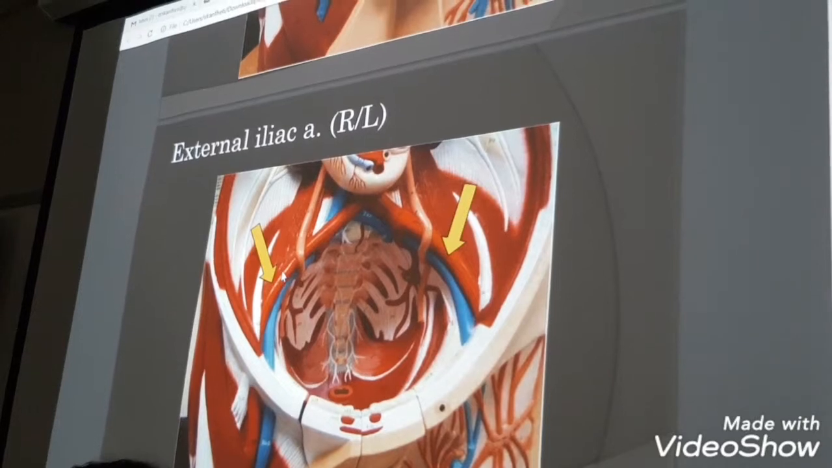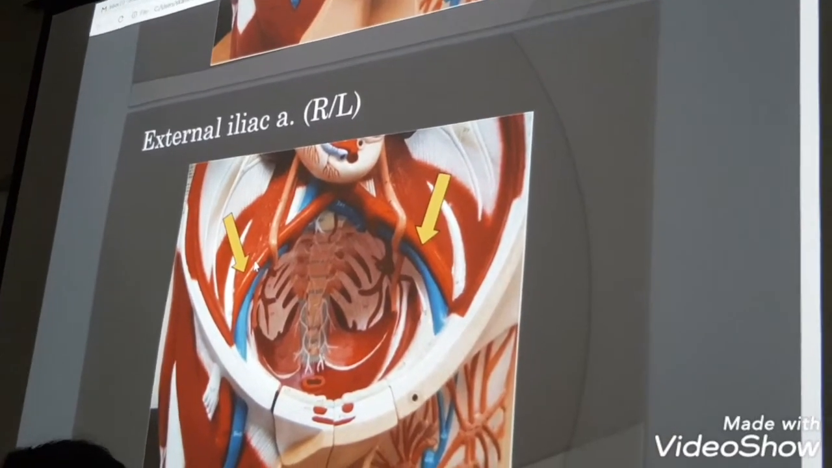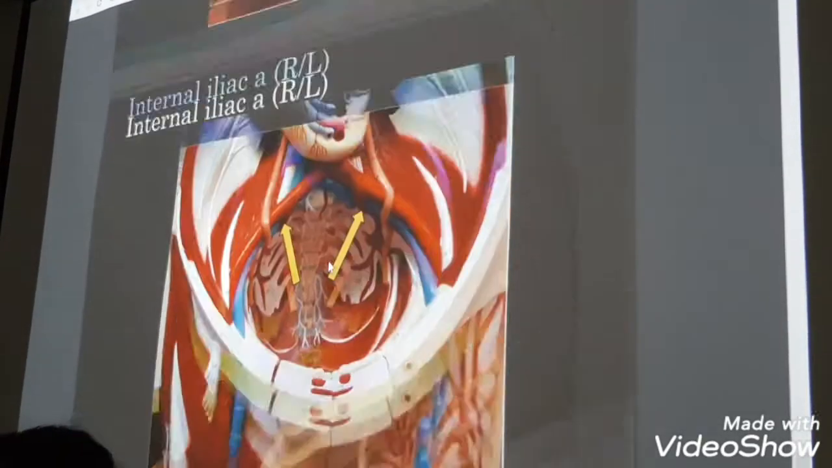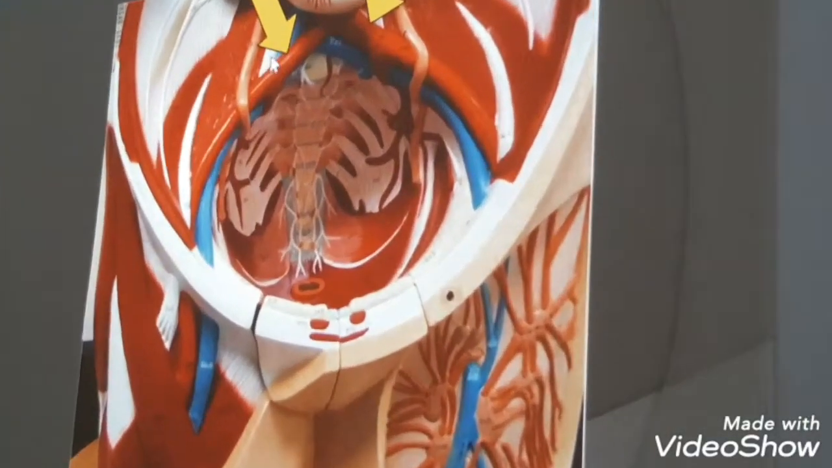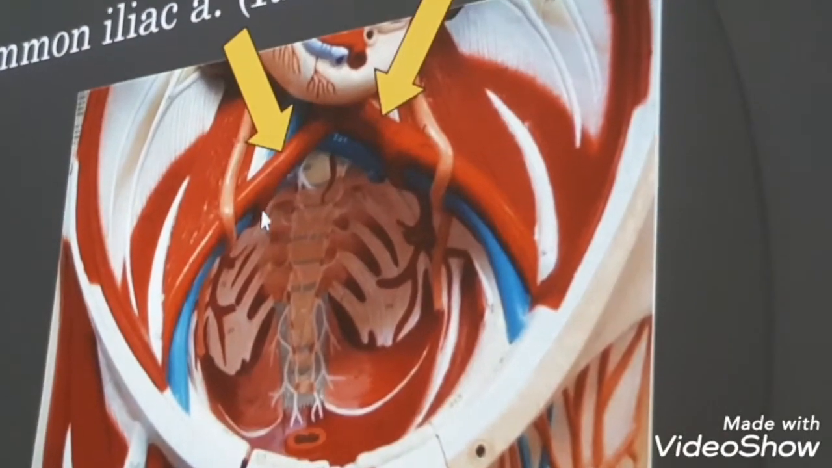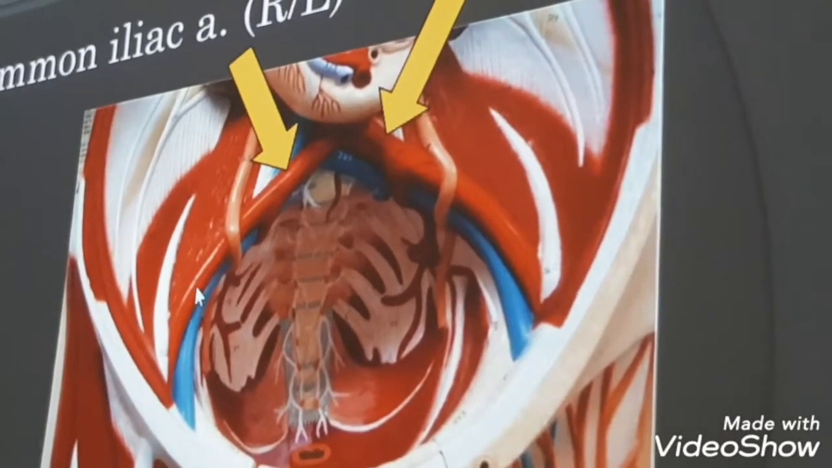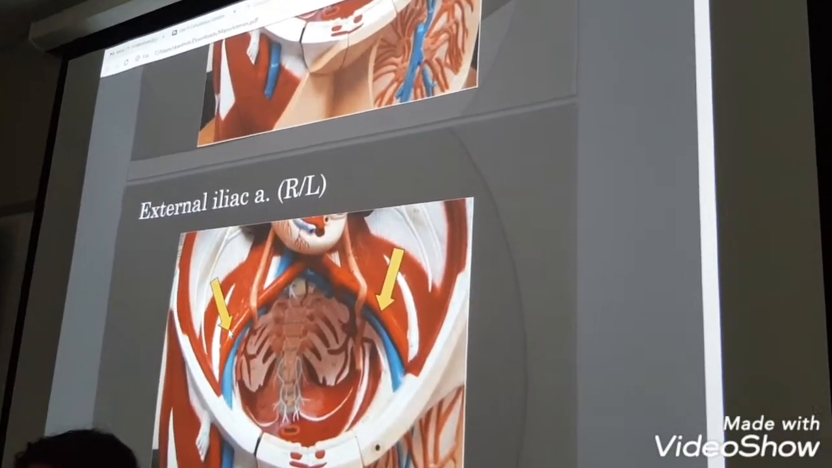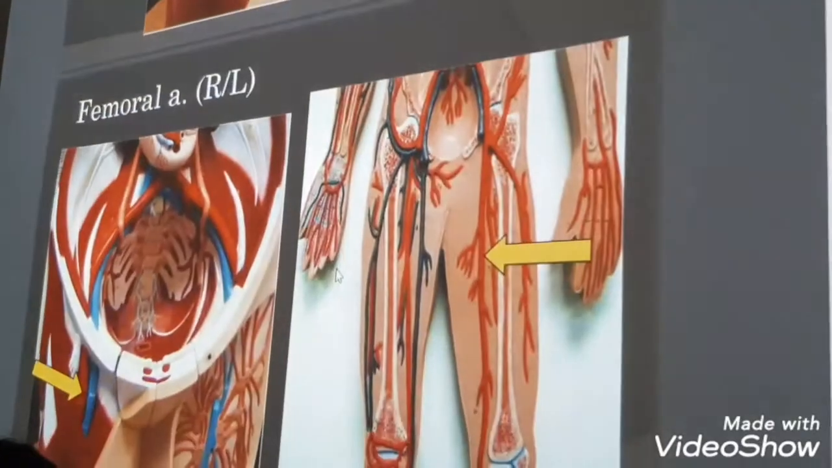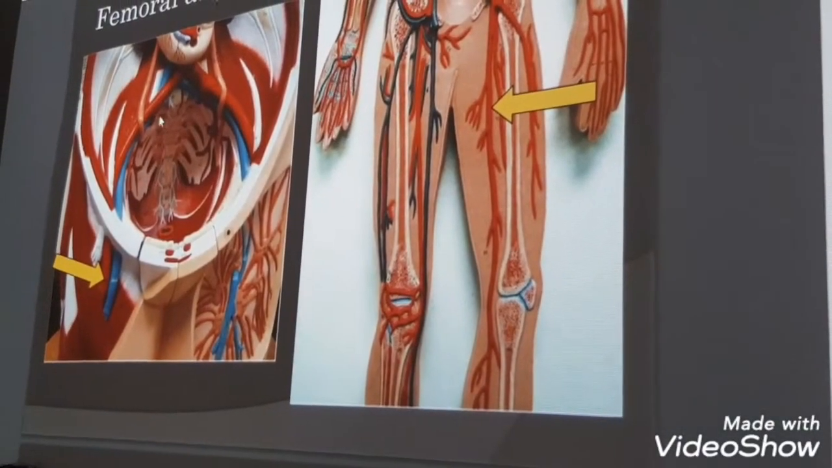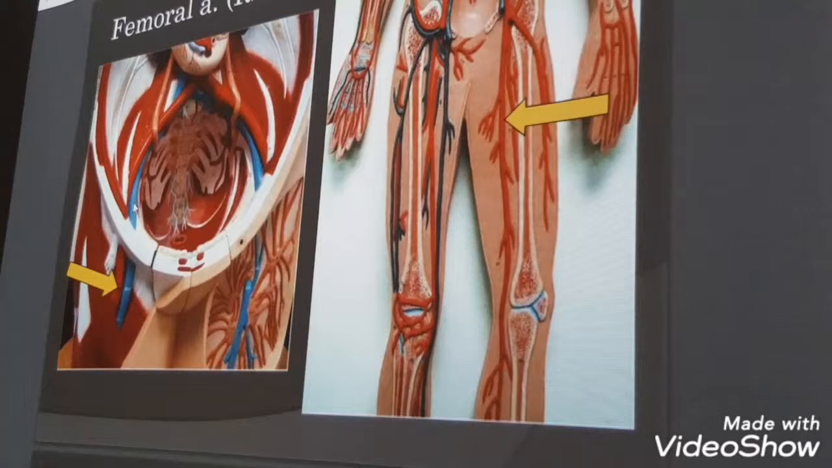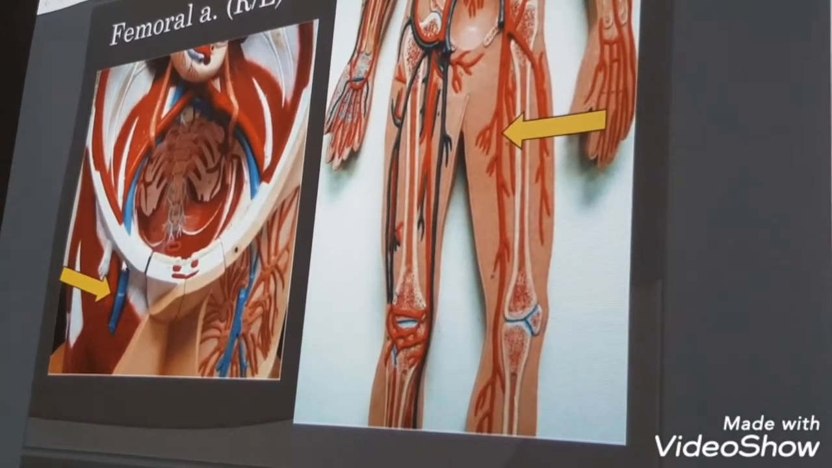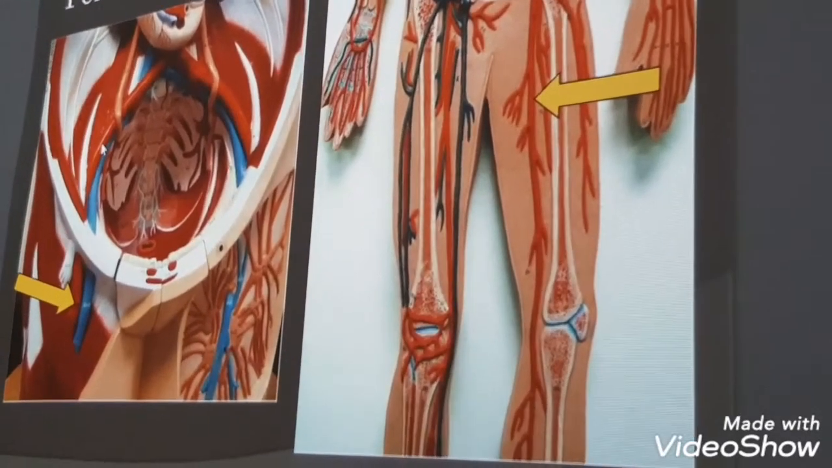Okay, and for testing purposes, I'll be really clear on what it is I'm pointing, or where it is I'm pointing. So you can see the arrows once again. Common, this would be internal, and this would be external, iliac. Everybody see that? So now we're going to come out of the abdominal pelvic cavity and follow that same external